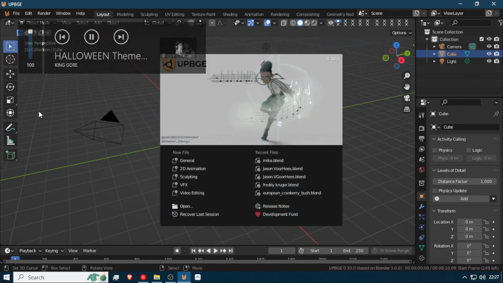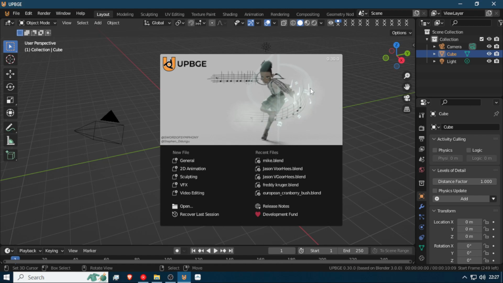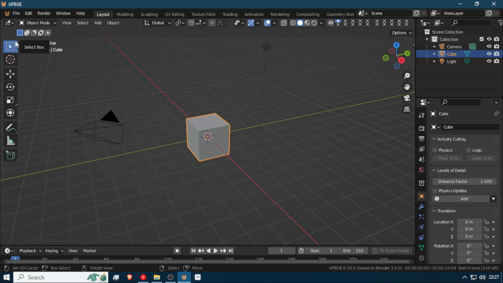Hey, what's up YouTube, and welcome back to another tutorial where I'm gonna be making Michael Myers. Well, this would be the fourth time I'm trying to make this because every time I try to do this,